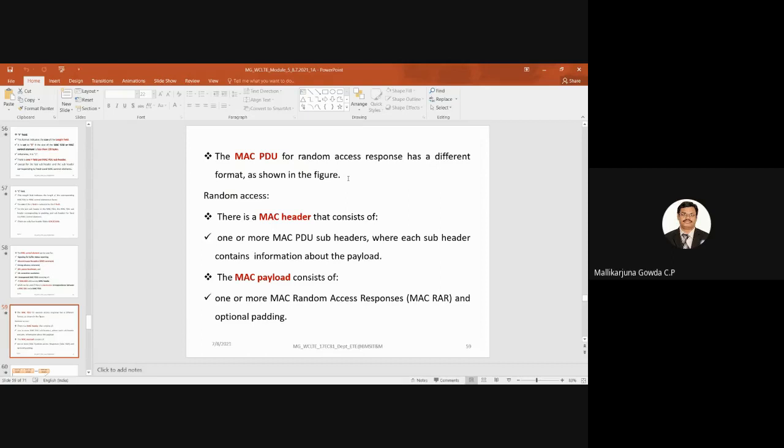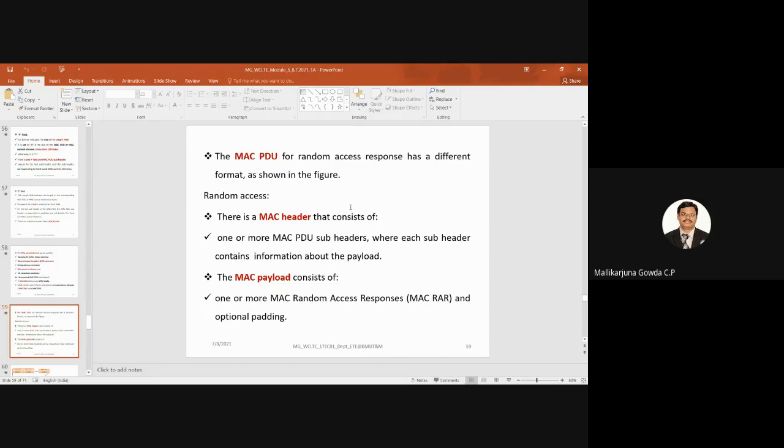Okay, so let us try to understand what the MAC PDU format for random access response is. There will be one MAC header, okay, that consists of one or more MAC PDU subheaders, where each subheader again contains information about the payload. So the MAC payload consists of one or more MAC random access responses and optional padding.